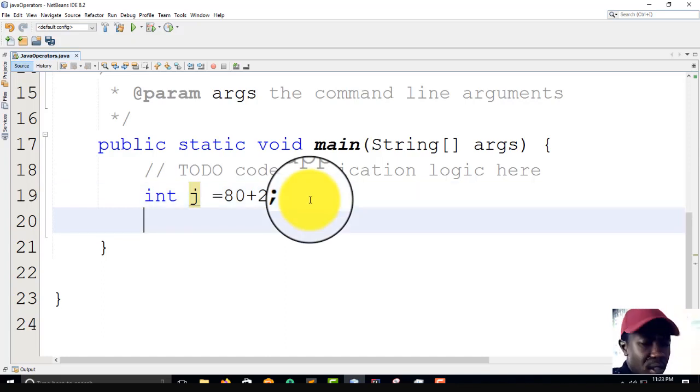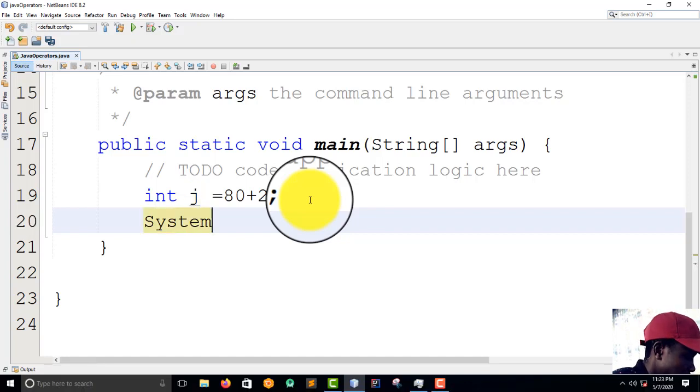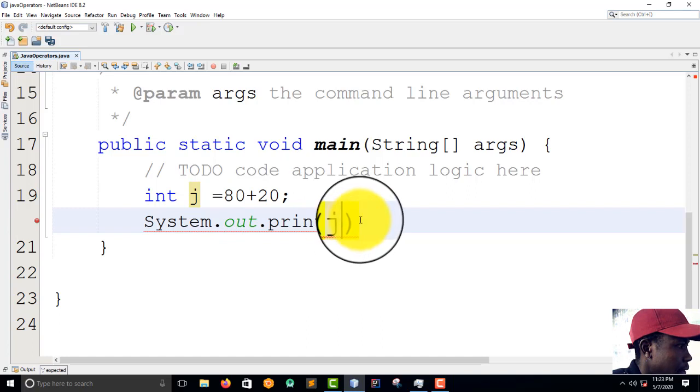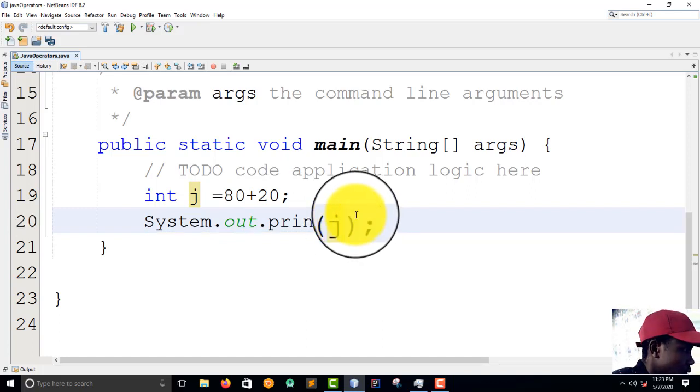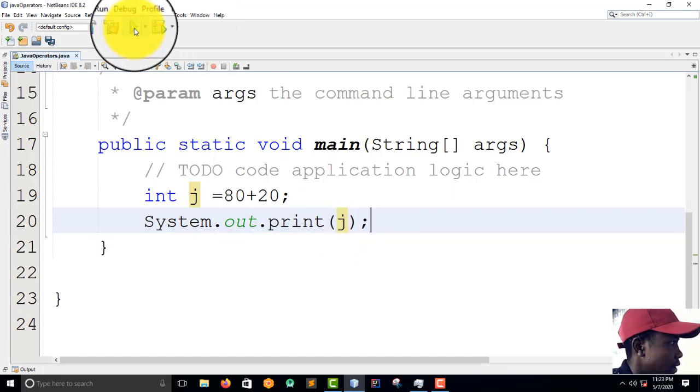As you know guys, this is how we print things out. And I'm very sure you guys know how to print these things out. You're not even scared, right? So then I do this. Then if I run this, let's see what we have on the console.